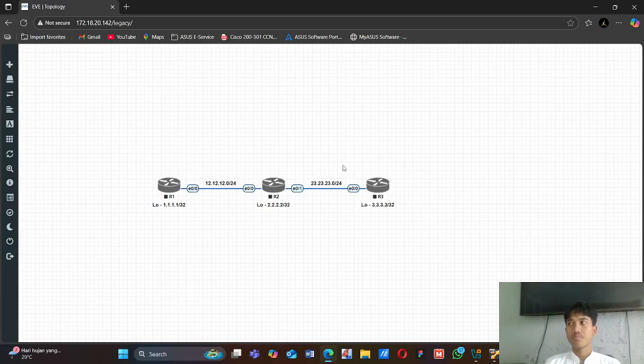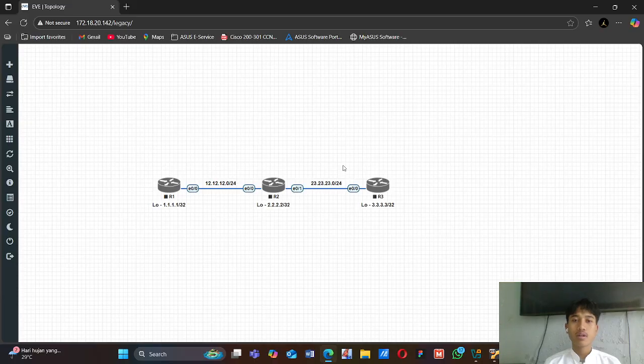Okay, so OSPF is a link state routing protocol. Yes, IGRP is a hybrid routing protocol, the basis of which is distance vector, but it also has a link state feature.